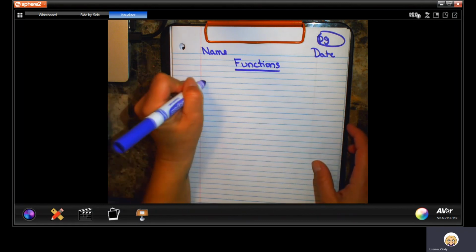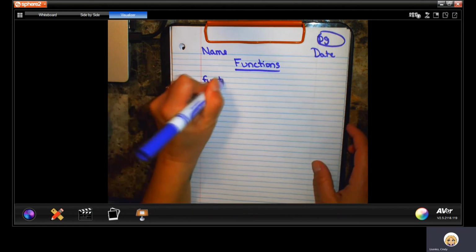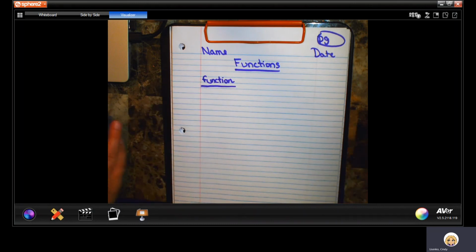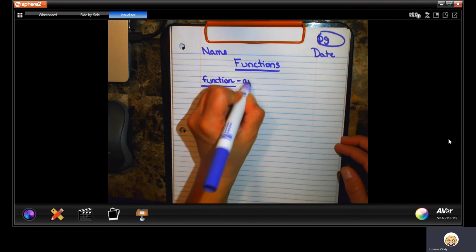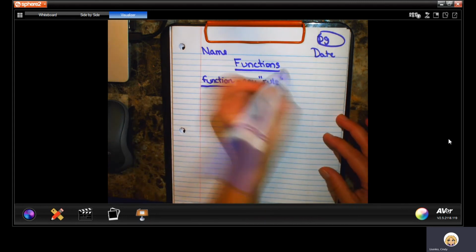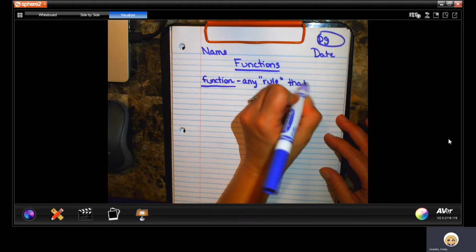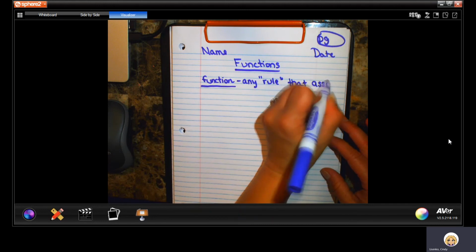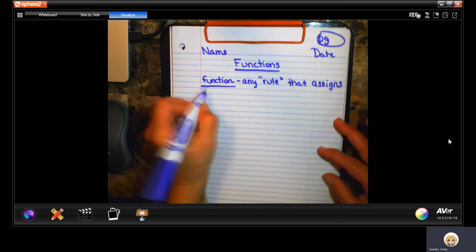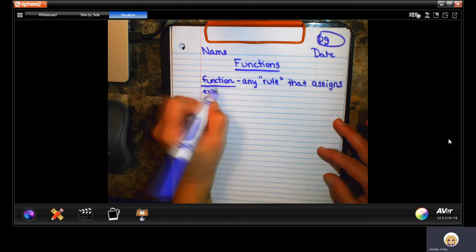The first thing we're going to do is write a definition of the word function. So go ahead and write that down. And our definition: any rule that assigns, we'll see what these look like in a minute, that assigns exactly one output value,